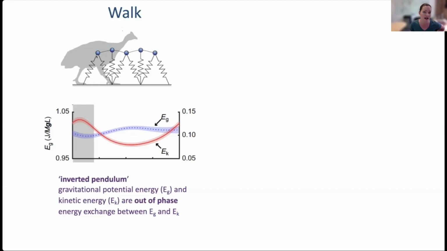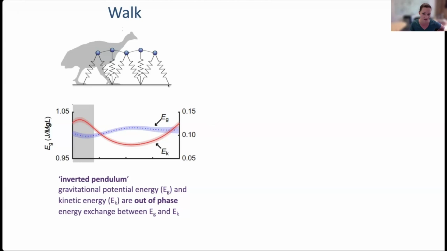So as the leg vaults, when it first contacts the ground, it is at its maximum velocity, and then it converts kinetic energy to potential energy as it reaches its peak height mid-stance, and that's when the potential energy is highest, and then it reaccelerates and converts that potential energy back to kinetic energy in the